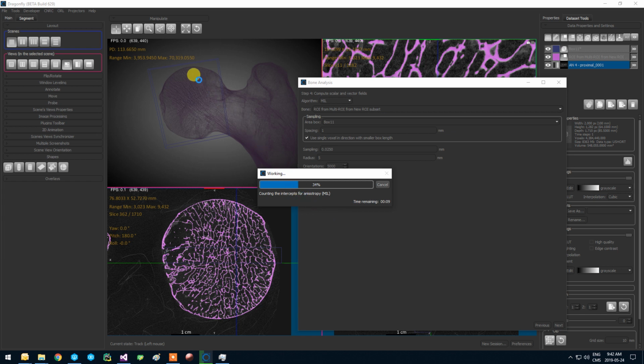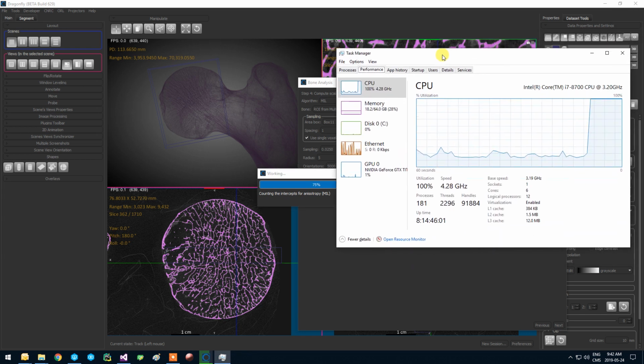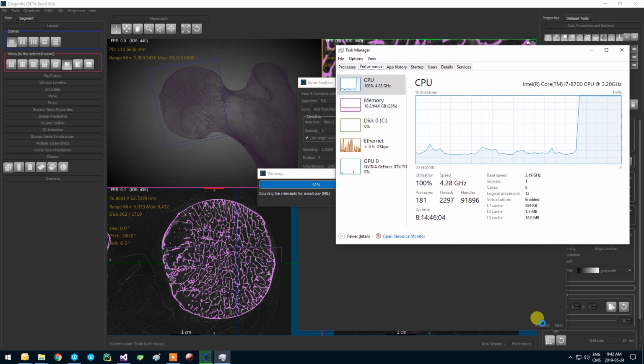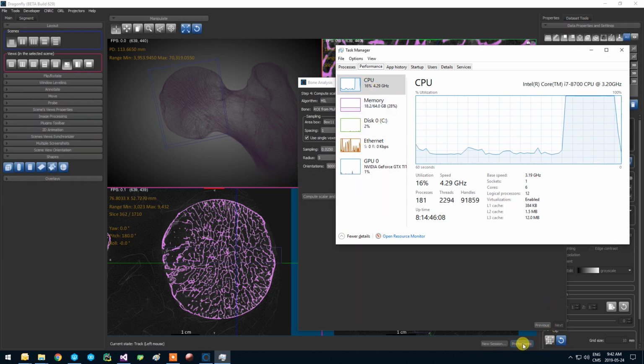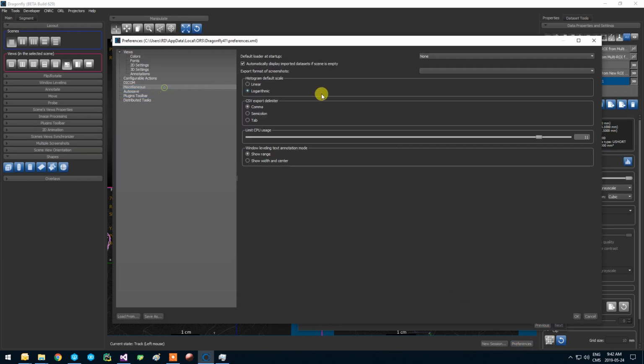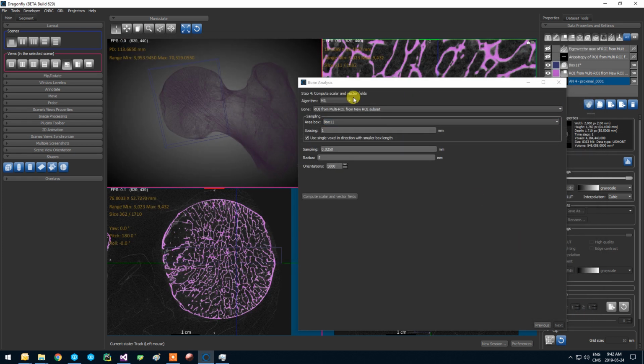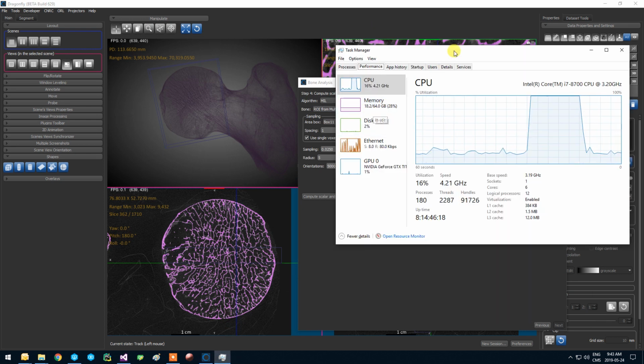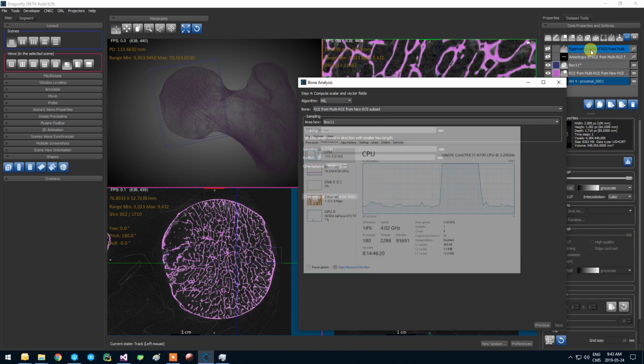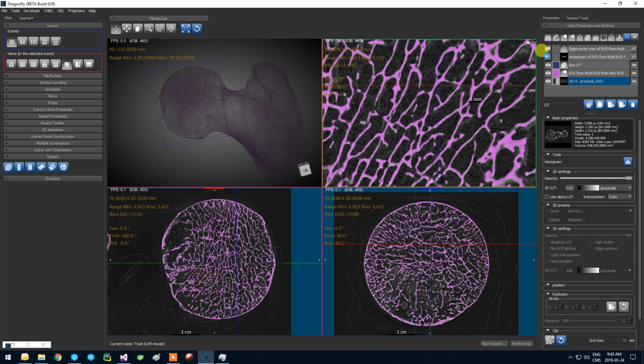Remembering that this is a 2D map, it should be quite fast. And you see I'm performing with 11 CPUs. If I go in preferences, miscellaneous, I've limited to 11 CPUs. It took just a few seconds in that case, and my memory was not so much elevated. And the output of this,